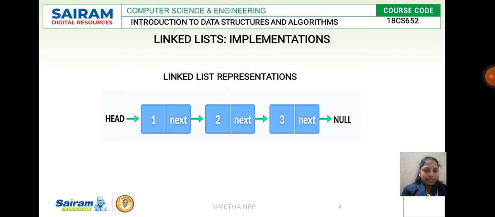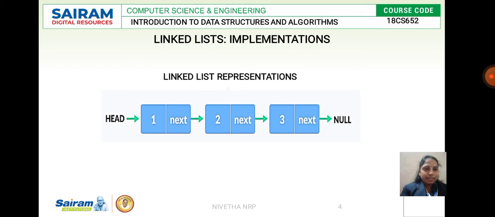This is what we have already seen. This is an example of a linked list. We have three nodes here, and in each node we have two fields. The first field is for the data element and the second field, that is a pointer field, represents the address of the next element. And we know that all our nodes will be starting with head. To make the computer understand that this is the starting node of a linked list, we represent that through the head, and to represent the last node of the list, we specify it through the terminology null.